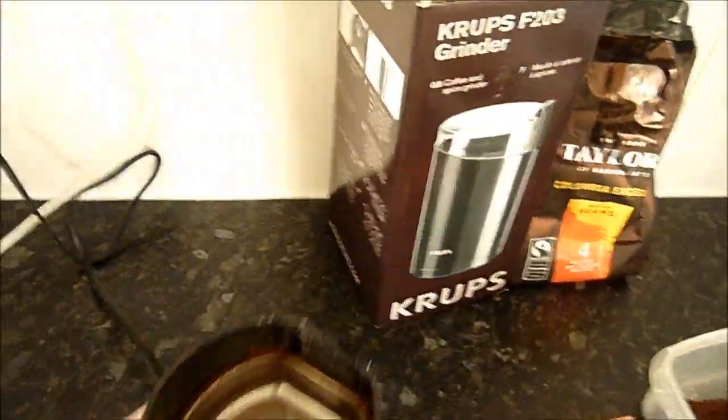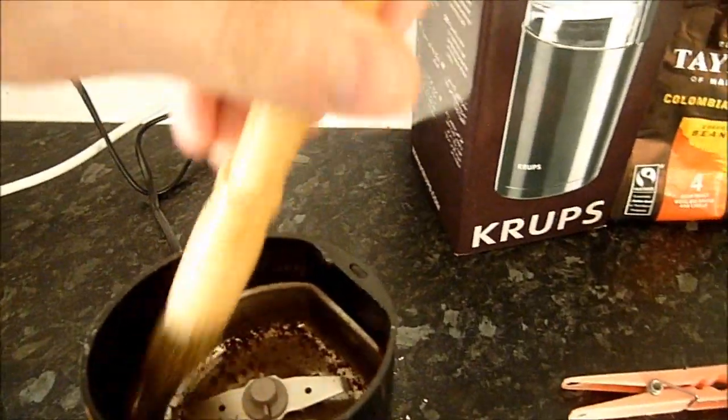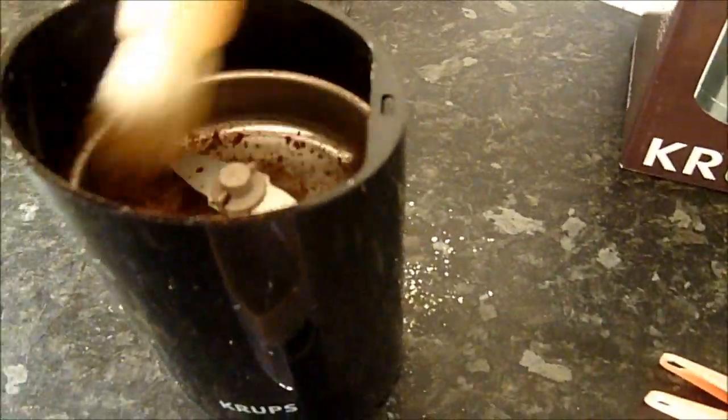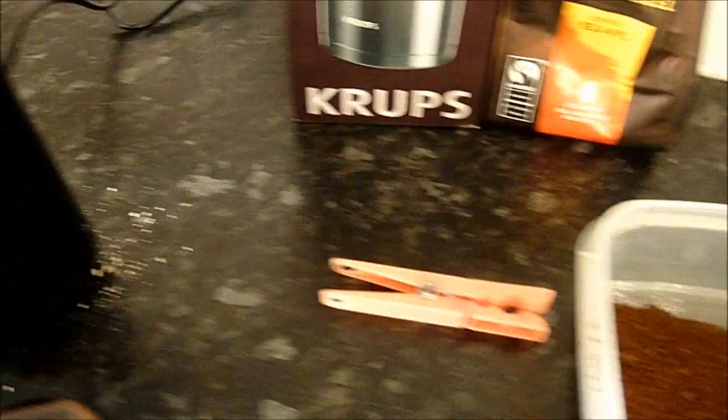What I found to actually clean it up is get like a little basting brush and just sort of wipe it around the edges. I'm just going to clean